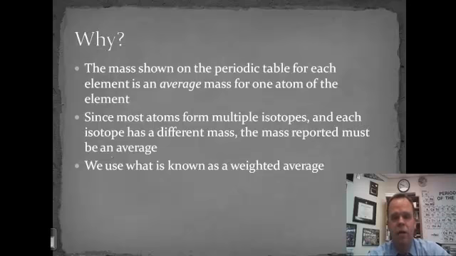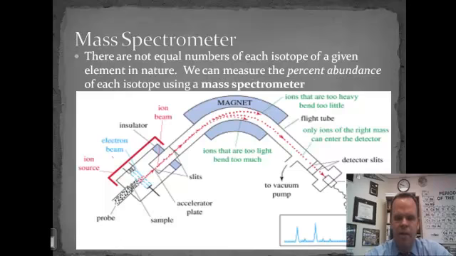But since there are many different isotopes with different mass numbers, and remember, it is incredibly crucial that you think through the concept that the mass number is the protons plus neutrons. It's always a whole number, and it is never listed on the periodic table. The only thing listed on the periodic table is the average atomic mass of all of the isotopes that make up that element. The way we discover average atomic mass is we start by figuring out the percent abundance of each of the isotopes of a single element. So if you have an element that has 2 or 3 isotopes, or 4 or 5, what percentage is made